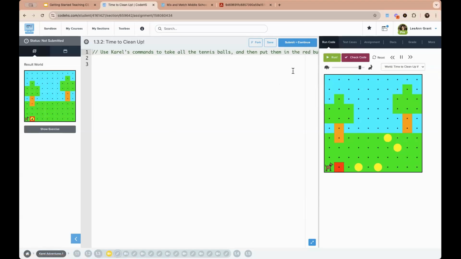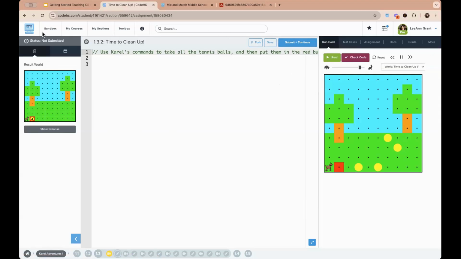So one of the other things I wanted to tell you is that if students are familiar with block coding, such as Scratch, there is an option in the Carol programs, if you're using JavaScript with Carol, to turn on block coding.